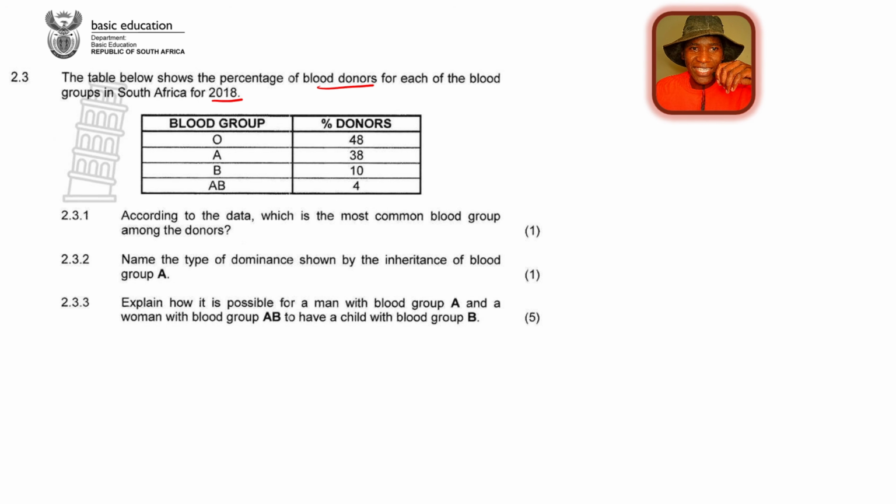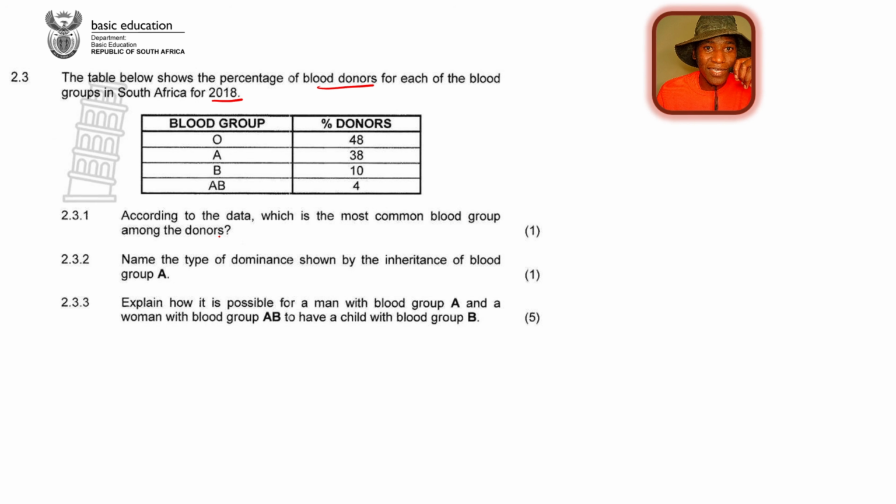Yeah, something like that. So here, remember that we have got 4 different types of blood groups, and you can fall in one of these 4. It can be blood group O, A, B, as well as AB. And then now let us look at this. This is just a table. The percentage of donors with blood group O is 48, another one is 38, another one is 10, another one is 4, and whatnot.